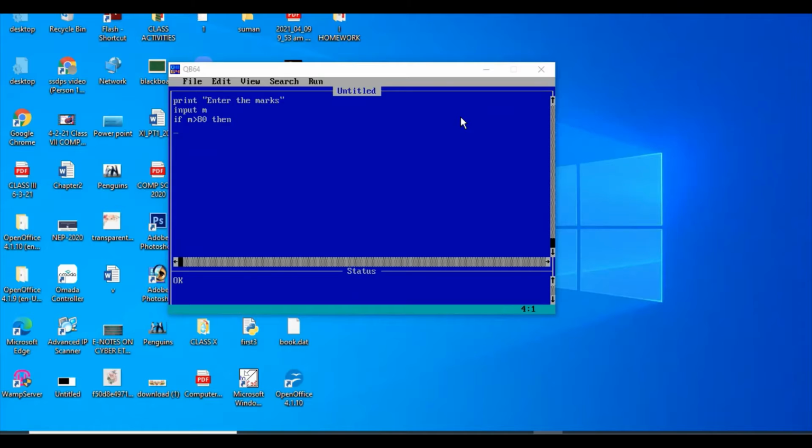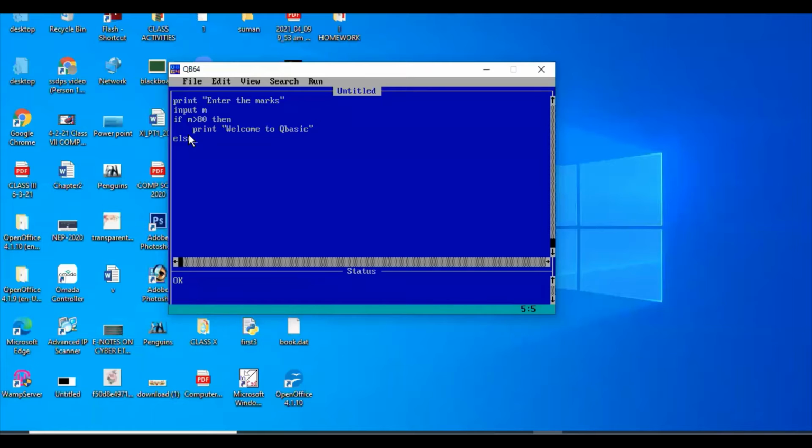Now then part will run: print "welcome to QBasic". This statement will run only if condition is true. When condition will be true? When your inputted marks are more than 80. Am I clear? Online class and offline class both?